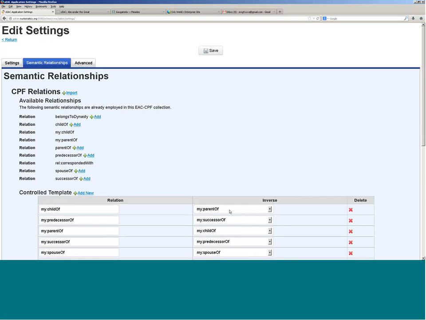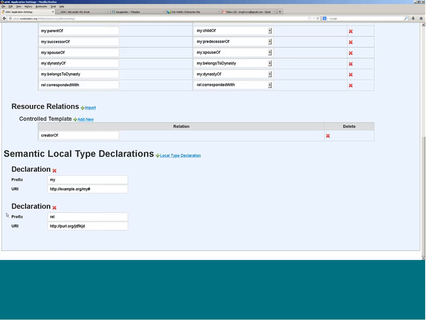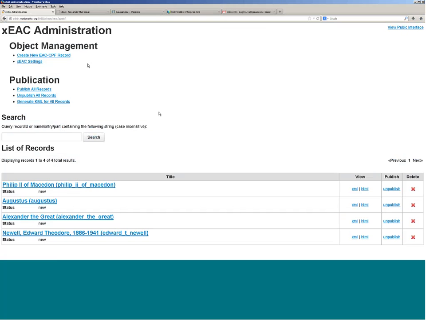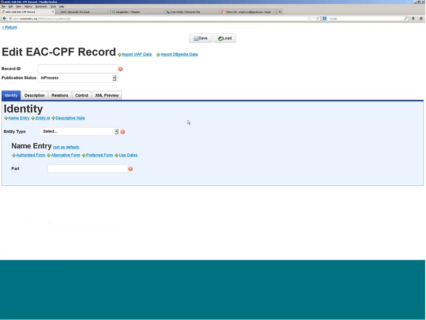So when you edit your EAC record, it will embed this semantic declaration into your EAC record, which will make it possible to reflect these relationships in RDF in an RDF export. So now to go into a sample document and show you how it works, I'll let